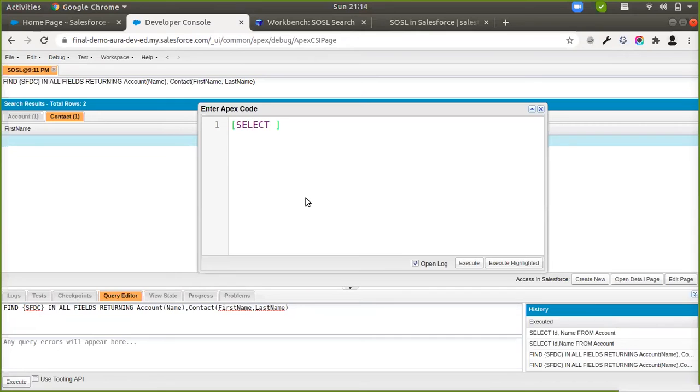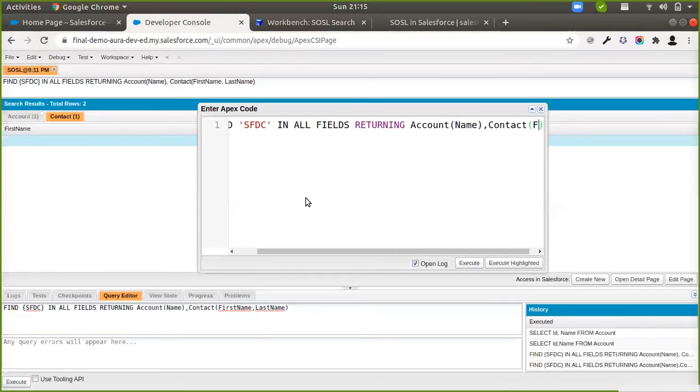I'm gonna run select single quotes SFDC. Oh, not select actually, find SFDC in all fields returning account name, comma, contact first name, comma, last name.